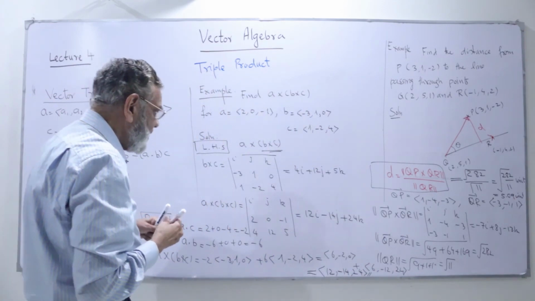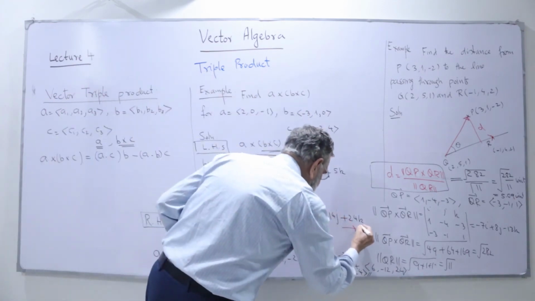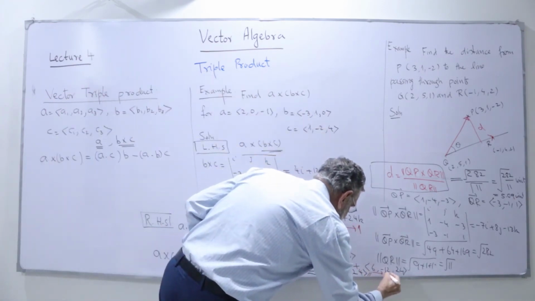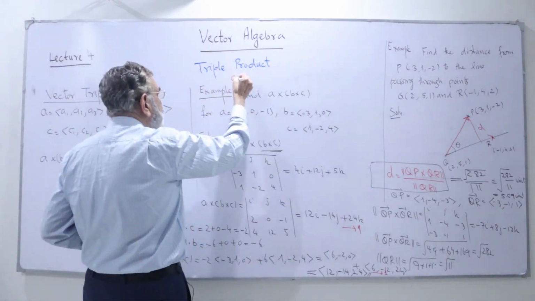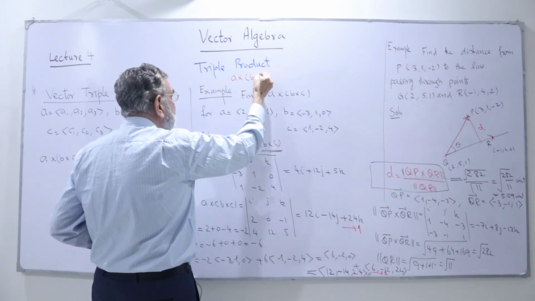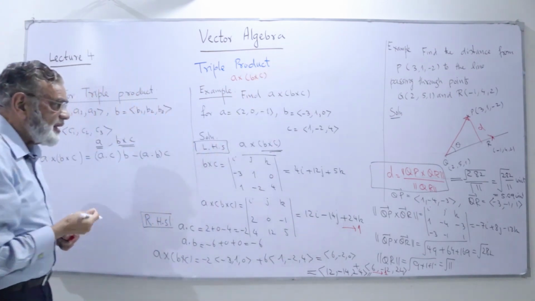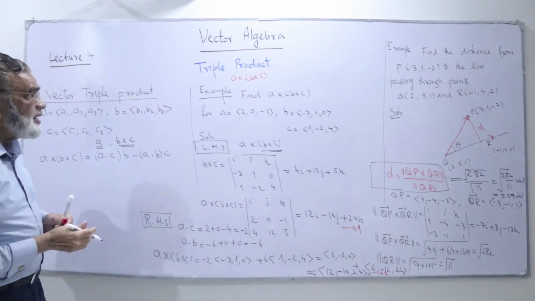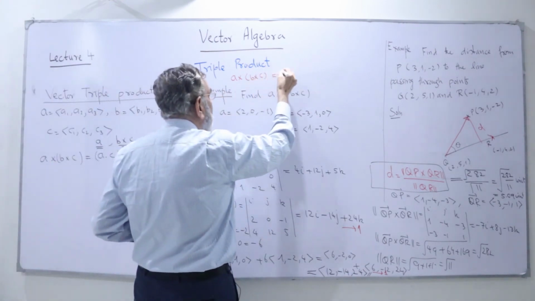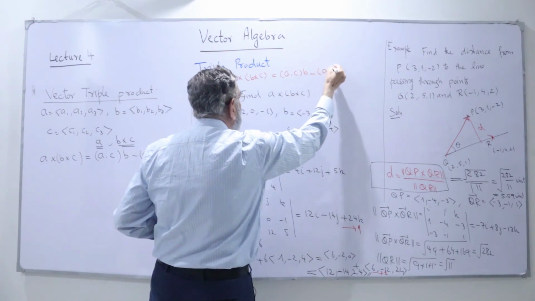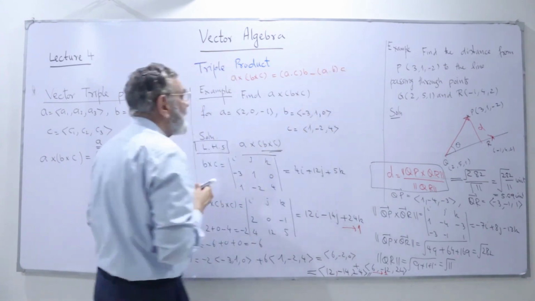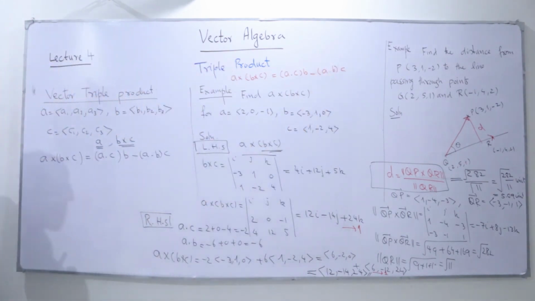This is my left hand side and this is my right hand side, and they are equal. So I can say here A cross B cross C, we write here the left hand side taking the cross product is equal to A dot C into B minus A dot B into C. So this is the idea for that one, that we can